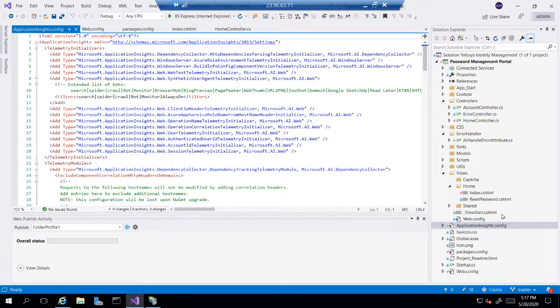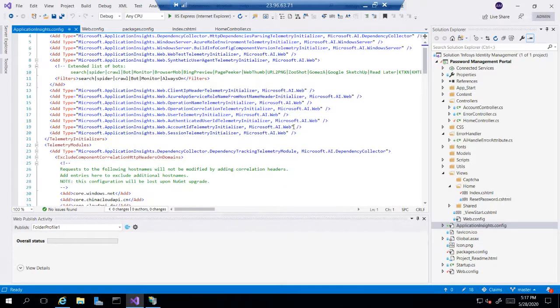Another main thing I would like to showcase is that once we add this, an application config file is also created. This is where we mainly see what we need to install. Suppose you don't want dependency injection to be available to your application, you can just go and delete it as you require, because it is no longer necessary.